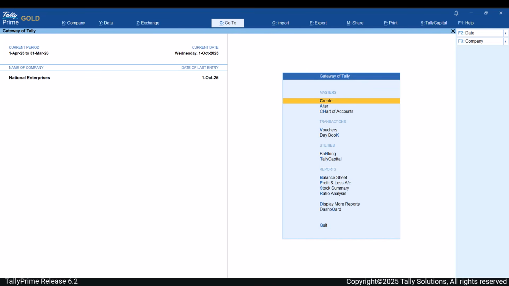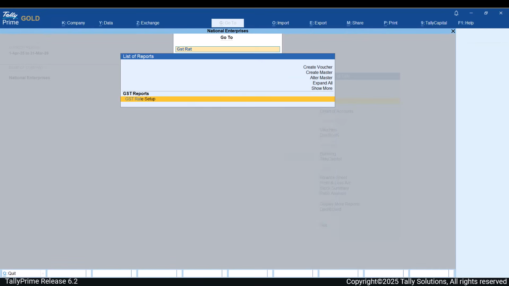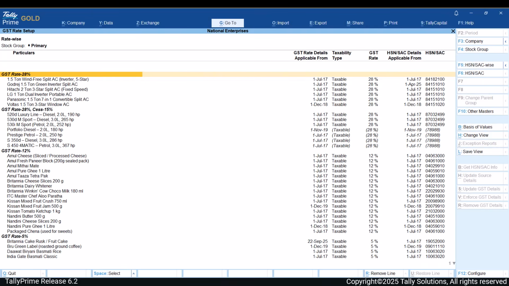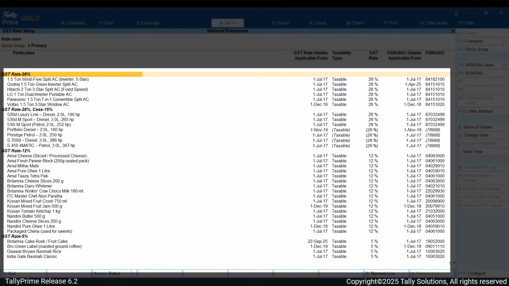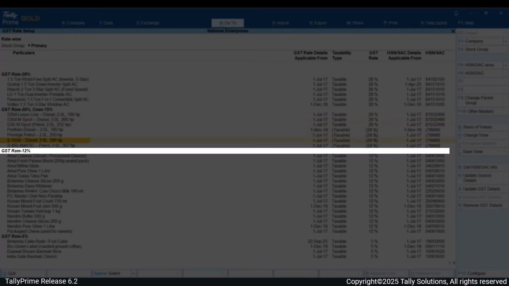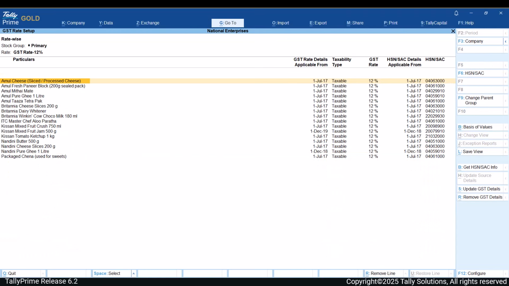Go to GST rate setup. Select Stock Items and press Enter. You can see all the stock items grouped tax rate-wise. Let us look at all the items under 12%. Go to the header row of 12% and press Enter.